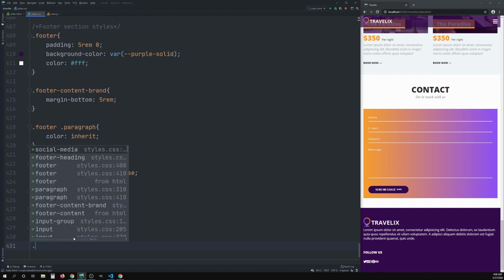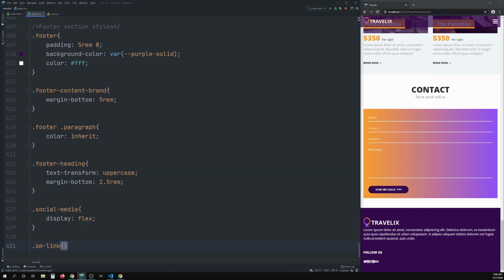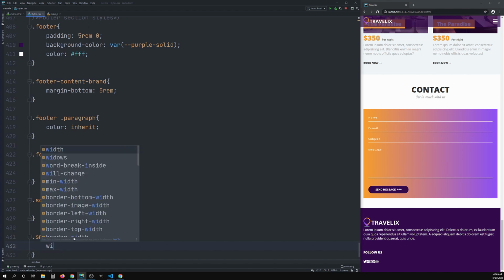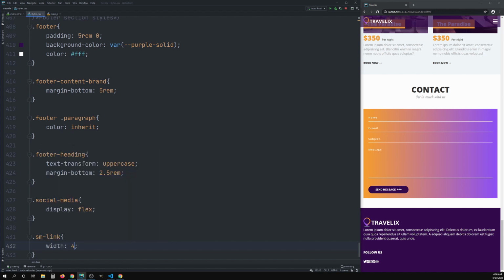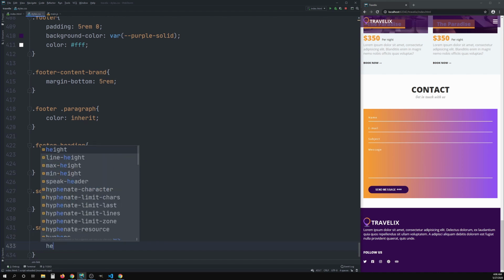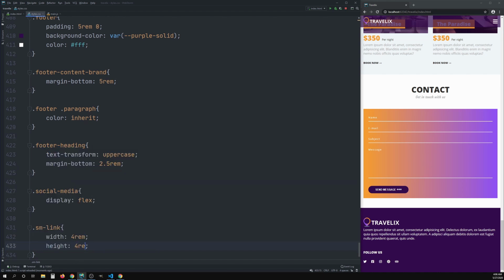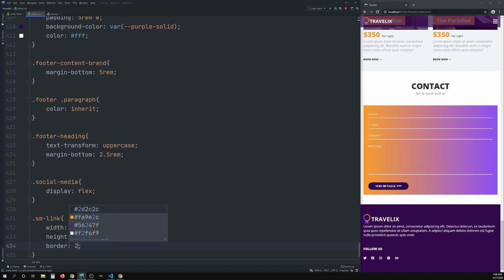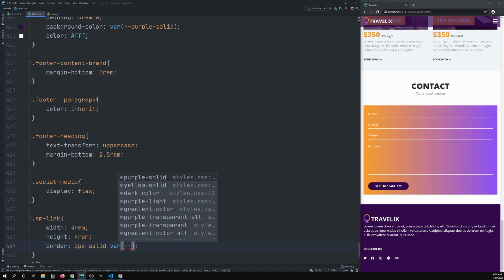Now I'm going to select each individual link, and I'm going to give it a width and height, and that's because I want to make it so that it's round later on and with a border. Then we'll use a little bit more of the flexbox so that we can center the icons inside of this box container. So the width is going to be 4 rem, and the height will be 4 rem as well. Now I'm going to set a border, which is going to be 2 pixels, and it's going to be solid, and we'll use the variable for the yellow,